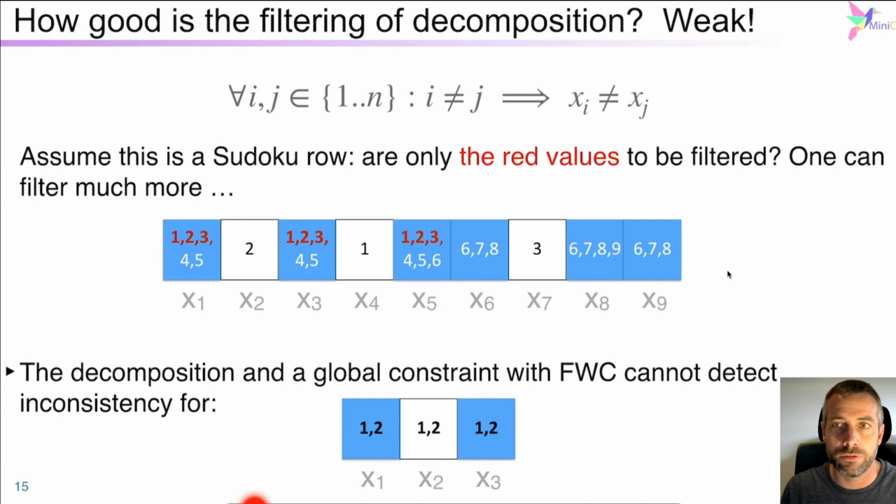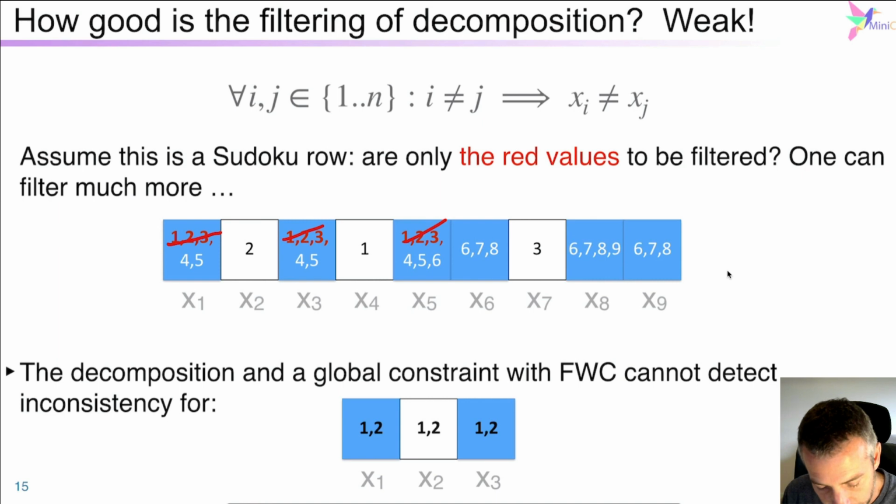But if instead of considering it locally with binary constraints, you consider it globally and do a global reasoning, then you will probably detect something more there. For instance, what you see here is that the values 1, 2, 3, clearly we know that they need to be removed because 1, 2, 3 have already been removed previously. This is why they are in red. But that's not the only thing that we can detect there, right? It's not the only thing because now what we have is that